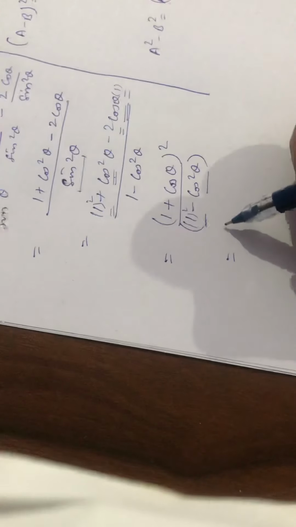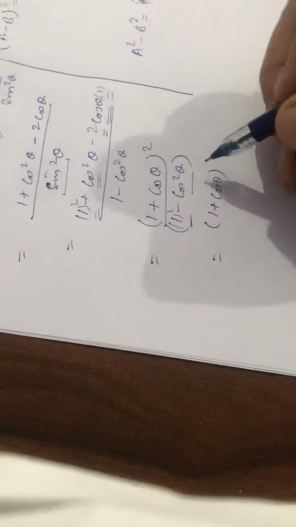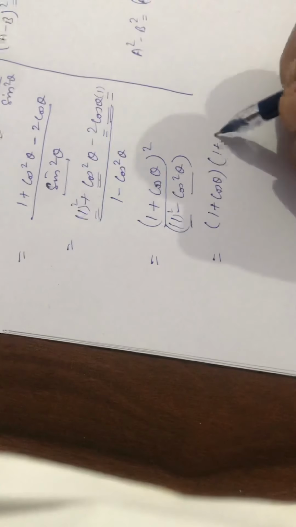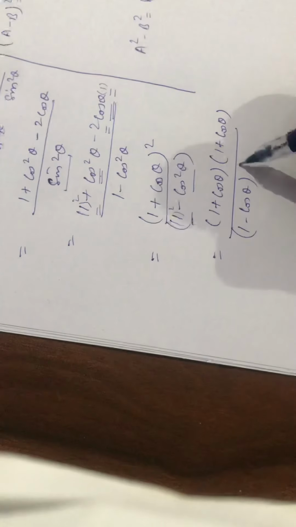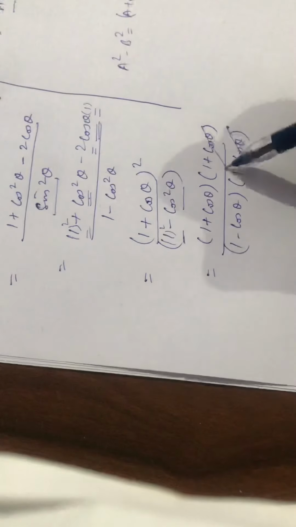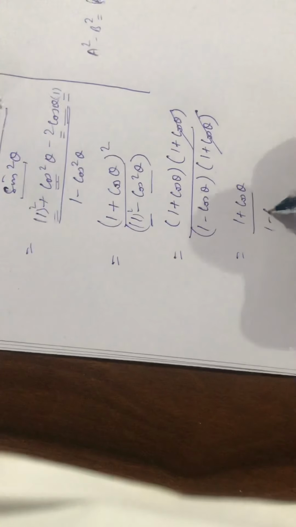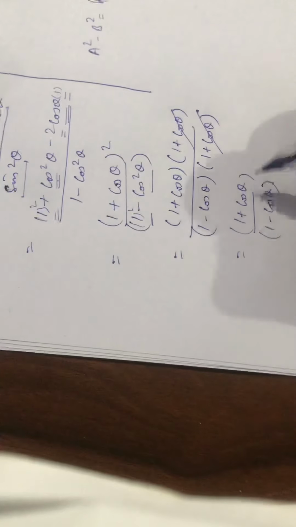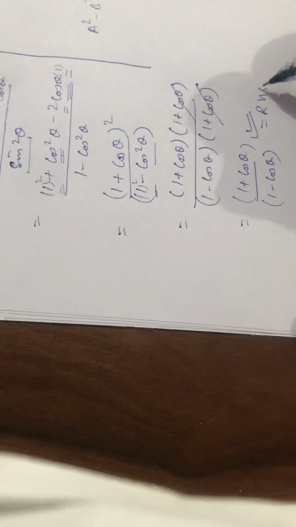So what we need to do is we can expand the numerator as (1 minus cos theta) and (1 minus cos theta), and in the denominator we have (1 minus cos theta) and (1 plus cos theta). Okay, so you can see it is just a simple mathematical calculation, and now we have 1 minus cos theta upon 1 plus cos theta. So now we can check this is the RHS which we needed in the beginning. So in this way you can put it as simply LHS equals RHS.